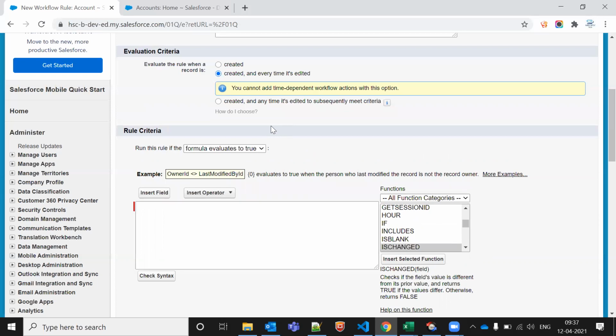So tell me, I have a workflow rule. I don't want to put any condition. I want to bypass the conditions. How can I do it? Let's say I don't have any condition, let's say phone number is blank, mobile number is blank. I'm saying every time it should work. There is no condition.